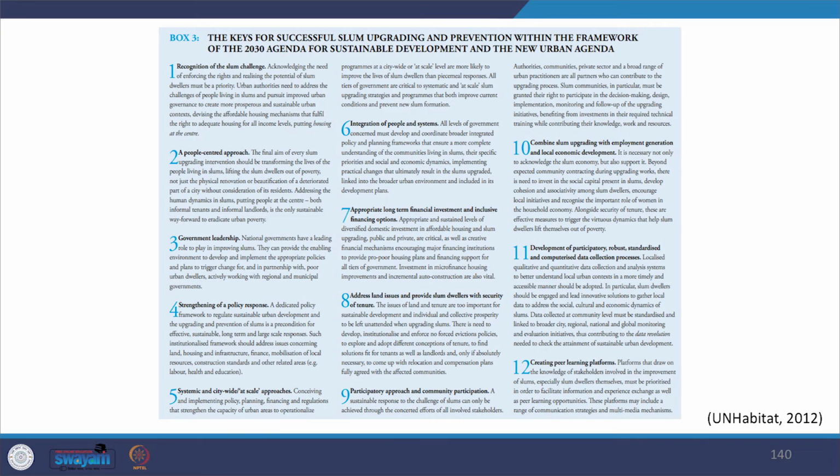Third, we see that it highlights the need for government leadership. National governments have a leading role to play in improving the slums, and they can provide the enabling environment to develop and implement the appropriate policies and plans to make the changes which are required in the slum areas. Further, we see that it emphasizes strengthening of policy response. As per UN Habitat, a dedicated policy framework to regulate sustainable urban development and upgrading and prevention of slum is a precondition for effective, sustainable, long-term and